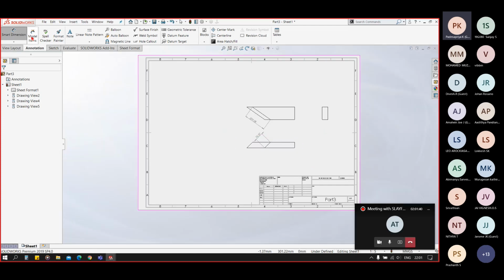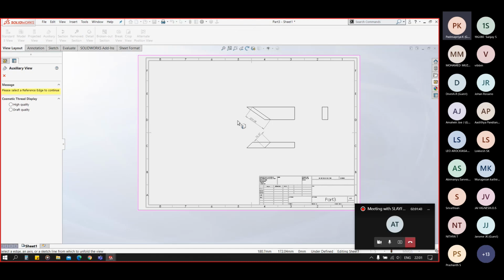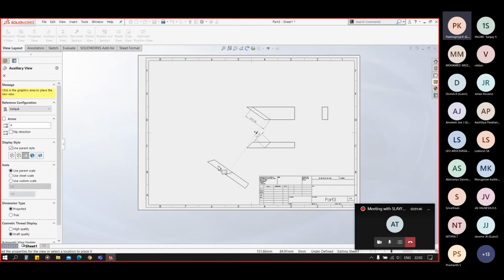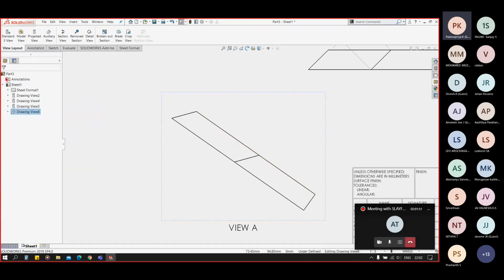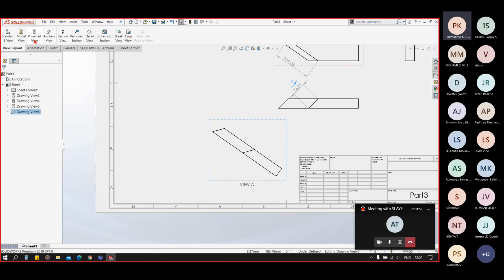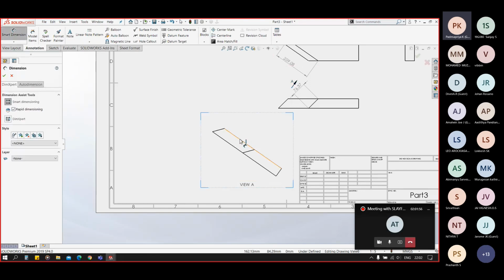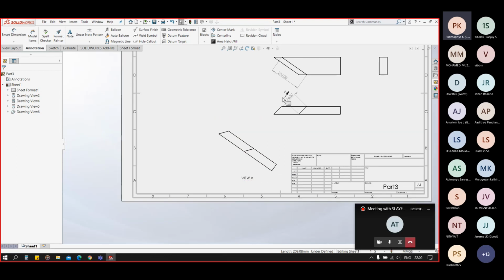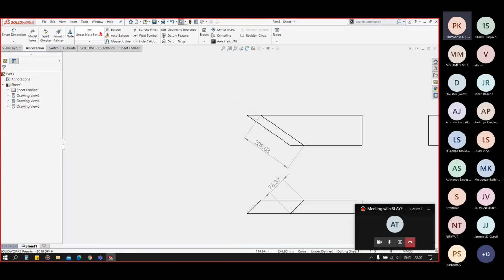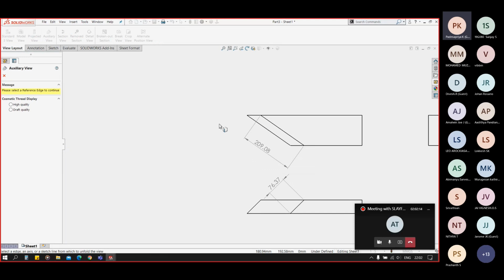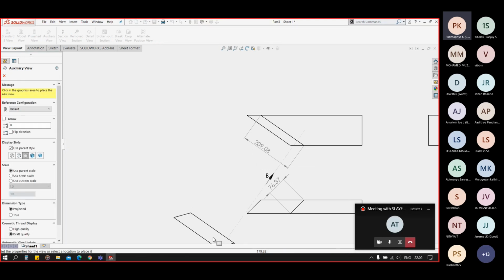Now I will place the auxiliary view. I will select this edge, and you can see this view here. Okay, now I will measure the length. Okay, that's not right. I have made a mistake in the auxiliary view. In the auxiliary view, select this edge.